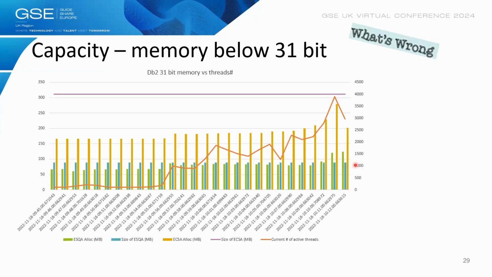That's another spectrum of the capacity, but that's capacity for the memory below the 30-bit addressing space, which is actually nothing that we can do, right? Because we have the range that is basically limited, right? But it's just another aspect of capacity planning, memory for the common storage, let's say.